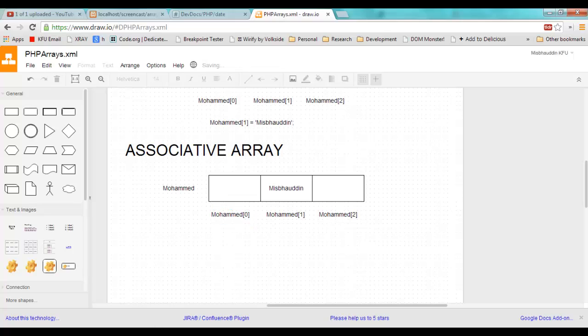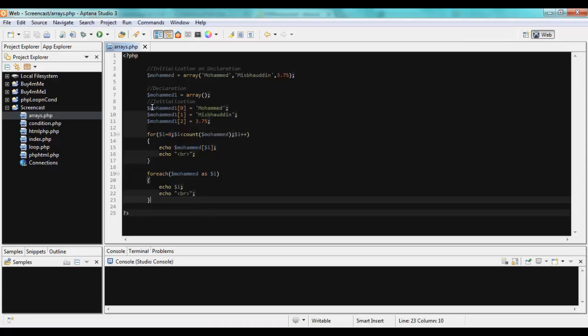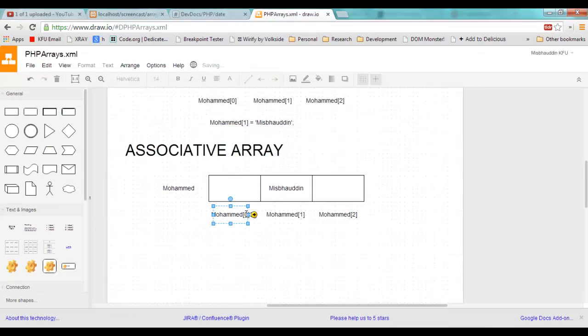So for example, in this array that we created in the program, the first index contained my first name, the second index contained my last name, the third index contained my GPA. So in that case, I'm going to go back to my page, and why not assign meaningful keys to them? I'm just going to say first, and over here I'm going to say last, and then here I'm going to say GPA. Okay,